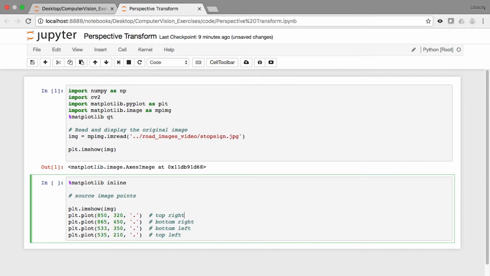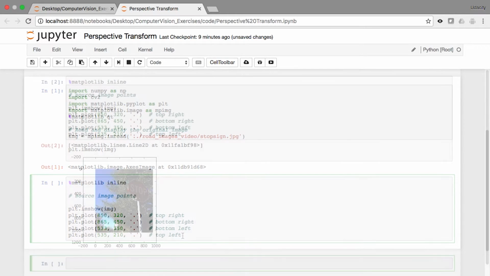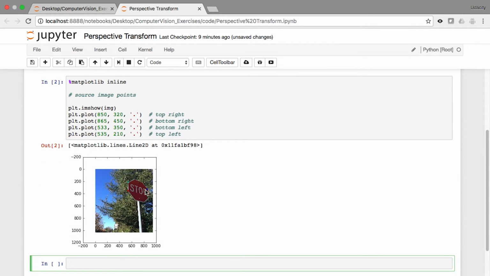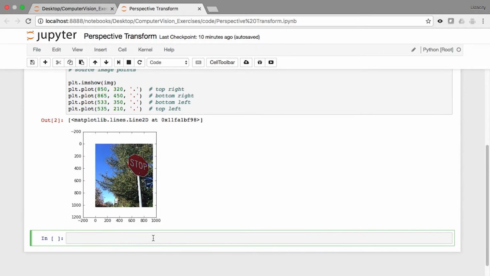Here are the 4 xy coordinates for the points I selected. These 4 points define a rectangle plane on the sign, and I can even display them on my image just to see that they're where I want using plt.plot, the xy coordinates, and this dot character. So here are the 4 points all displayed, and they look pretty good. This was the first step, but applying a perspective transform takes a couple of steps, so I'm going to put